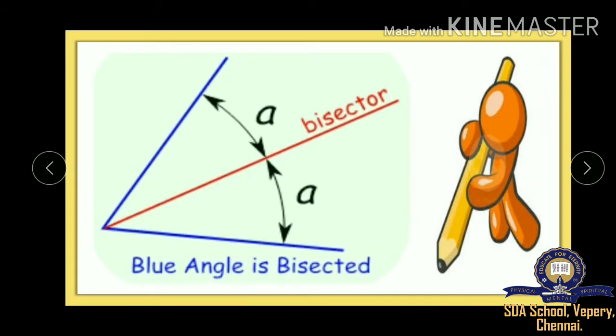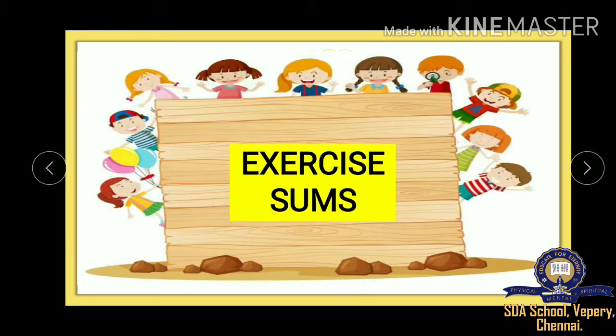See, here I have an example. See, this is an angle, right? And this is a line or line segment which divides the angle into two equal parts. See, the blue color is an angle, the red is an angle bisector which divides the angle into two equal parts. This is the angle bisector of the given angle, right? Yes. Following this definition, we will move on to our exercise 5.4.